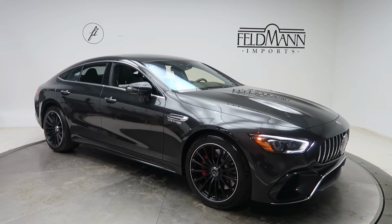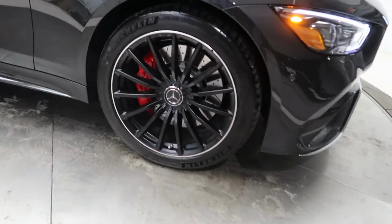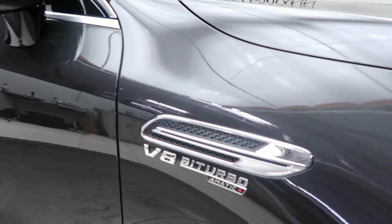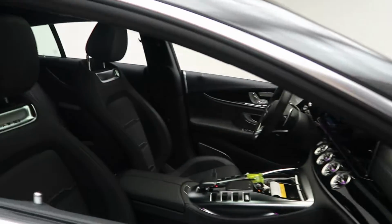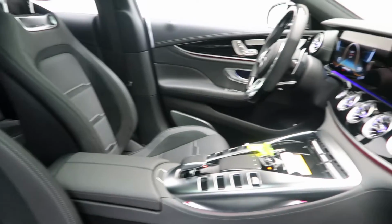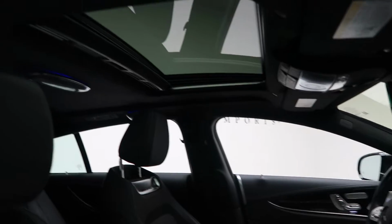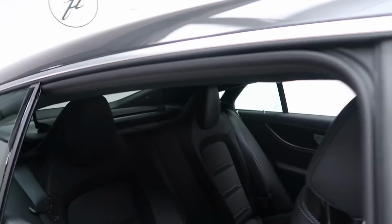This one has 20-inch multi-spoke wheels, AMG red calipers, V8 bi-turbo 4MATIC plus badging, a magma gray black exclusive Napa leather interior with an anthracite poplar trim, sunroof, black Dynamica headliner,